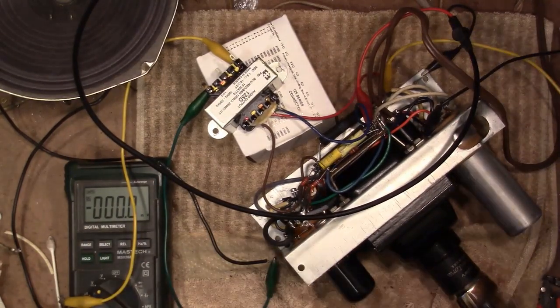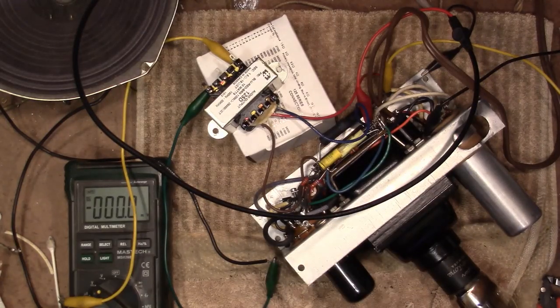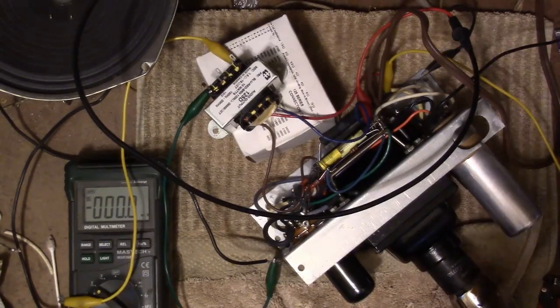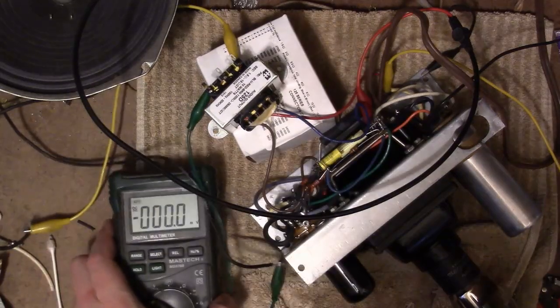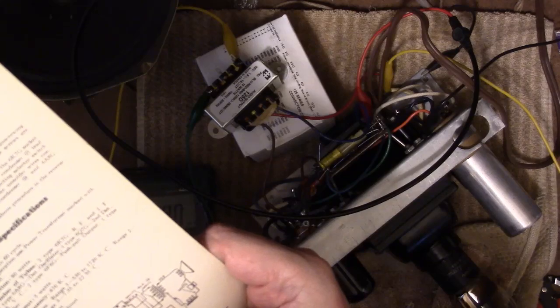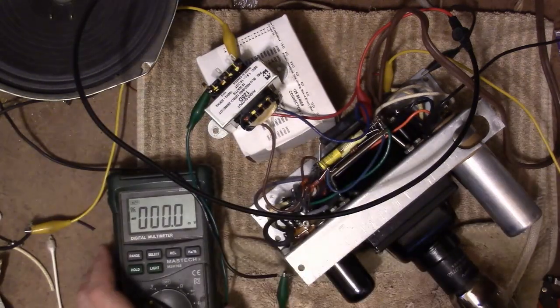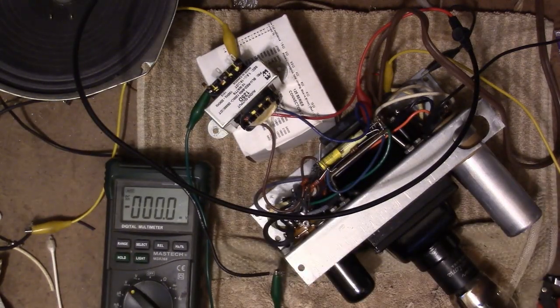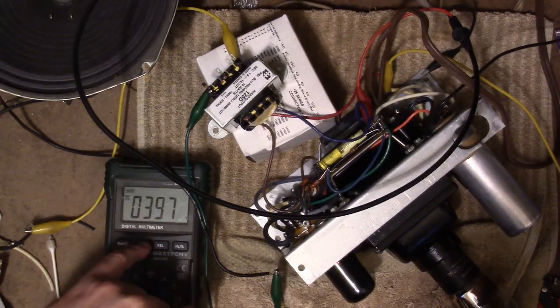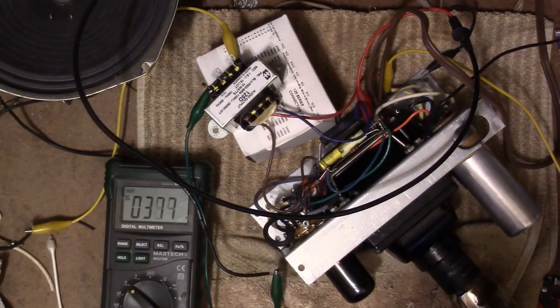Alright, so that is that. Without further ado, put this thing in, and let's see what happens. Should have, I think, around 250 volts. Yeah. Just drops as the tubes warm up. Now the rest of the tubes aren't going to be in here to